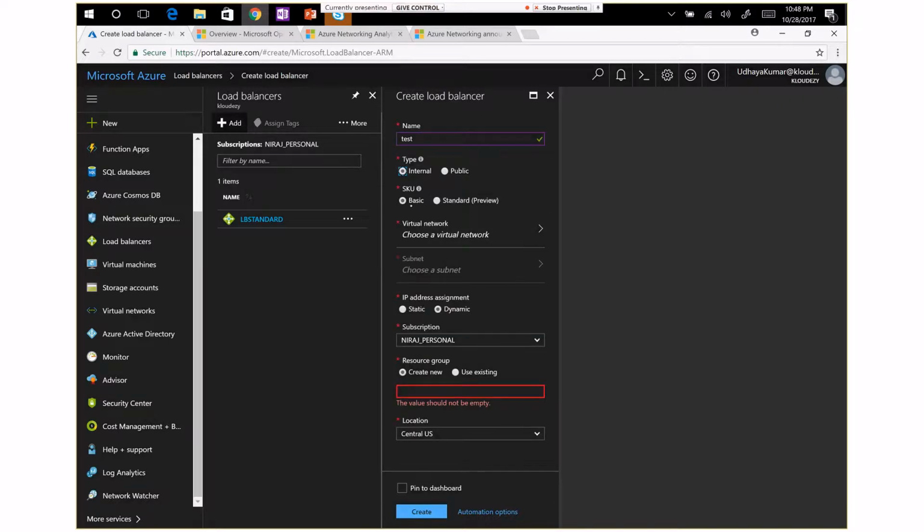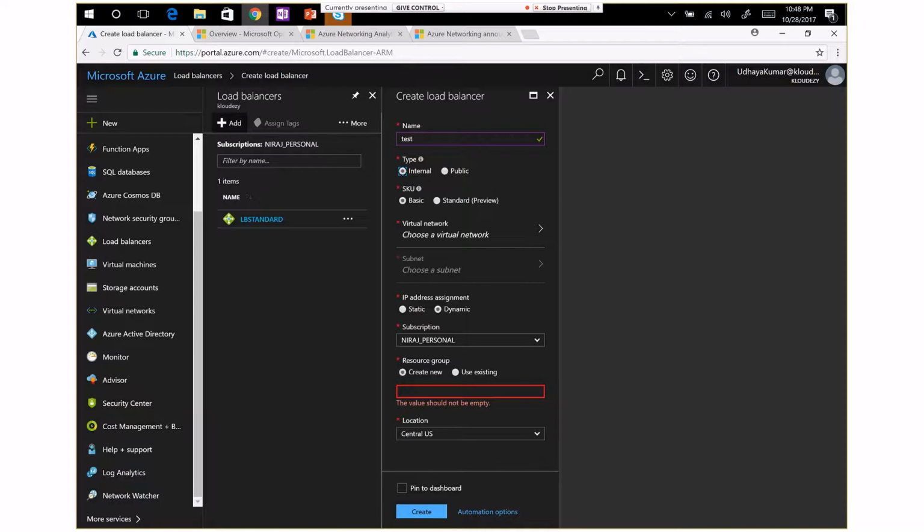We have two types of SKUs, basic and standard. The basic is similar to the load balancer we are consuming right now. The standard one is supported with multiple availability zones or non-zonal VMs, and thousands of VMs can be in the backend as a workload.